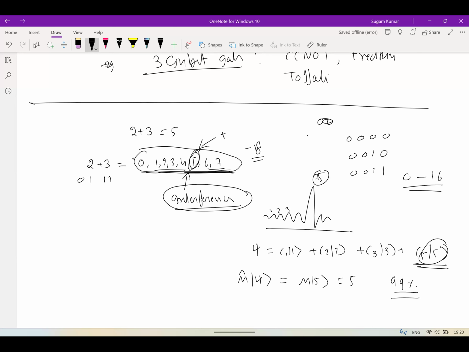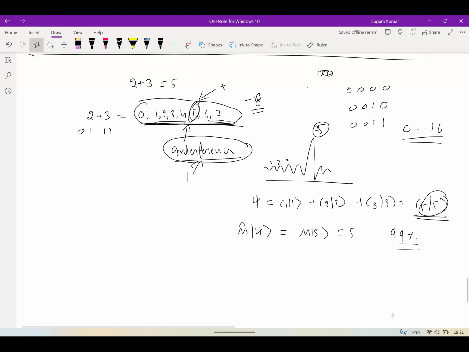Superposition is very useful, because this allows you to do the calculation in a single shot with all possible results. And here interference is going to enhance the probability of the right result, and then the measurement gives the output. We will discuss this. I will come to the algorithm. We will discuss how this actually works.